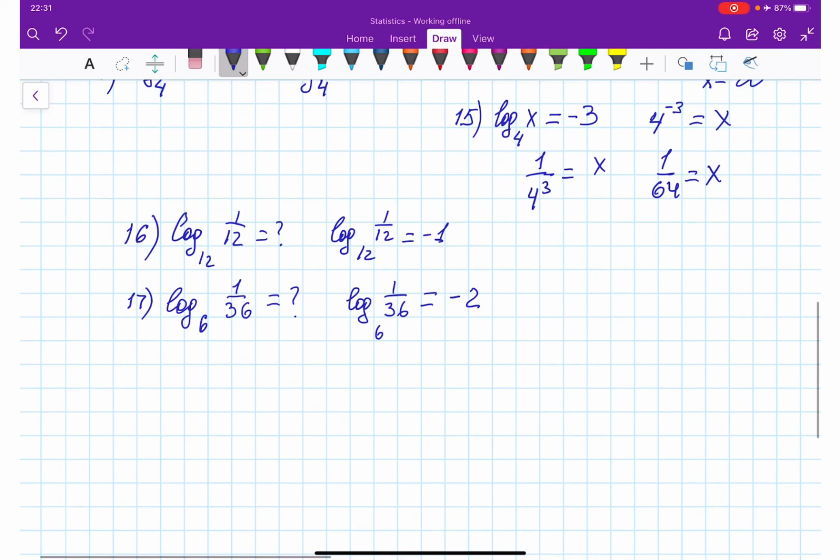Question number 18. Evaluate the following expression. We have log of 2 by base 16. So we are going backwards. Let's say 16. To what power do I have to raise to get 2? Obviously, how can I get from 16 to 2? If I take